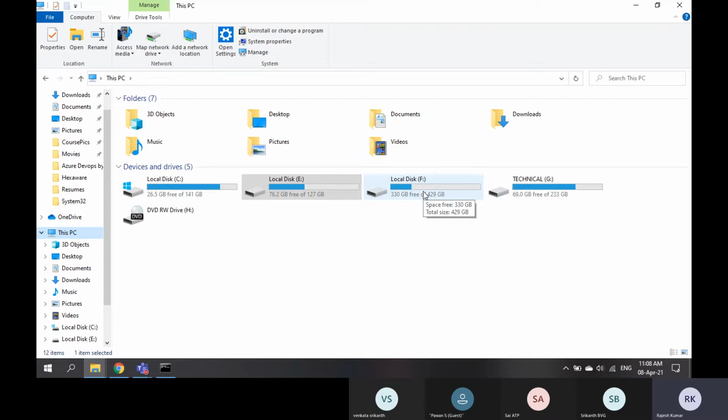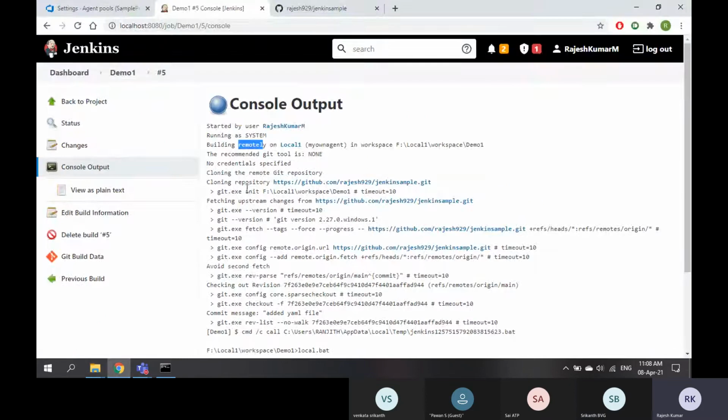That means a drive is a laptop, a drive is a server for the services. Every drive is a separate server. So that's the reason Jenkins considered this as building remotely on local one. And the local one tag is my own agent.